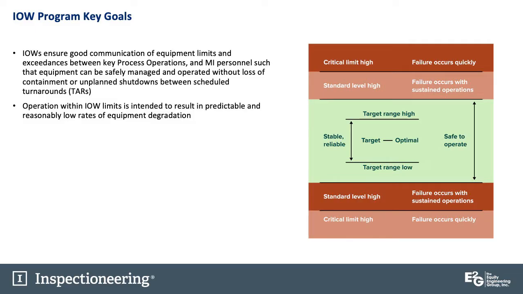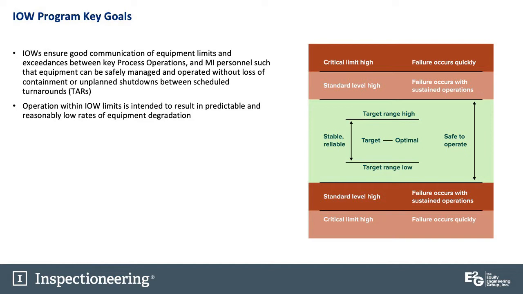At a lower level of pH, say 4.5, we probably want a heightened sensitivity to something like that, because failure will occur for sure with sustained operations if we have pHs below 4.5 in a crude unit overhead. So we want more aggressive action on that. If we get to a critically low or high pH, say on the low side 3.5, failures could occur quickly, and we certainly want the whole organization engaged in a rapid solution to a problem like that. So that's what that chart on the right is showing about IOWs.